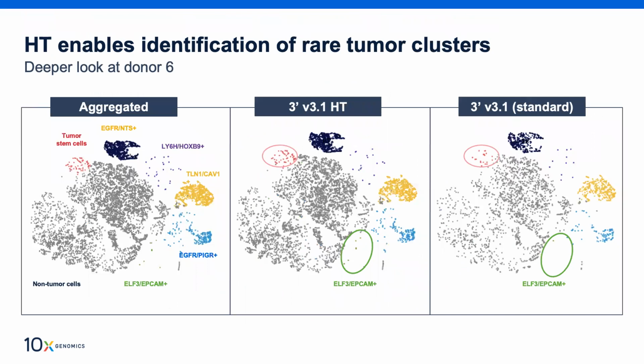Another study where we wanted to look at a tumor sample. So we ran a 3' high throughput chip. On the left-hand side is the aggregated data. So here's the high throughput and the standard data. And I wanted to maybe pinpoint 2 populations. The first is the tumor stem cell population. As you can see, we have a lot more cells representing that particular population. But if you also look at this population, which is the ELF3 MCAM positive population, we have about maybe 10 cells here, as opposed to probably maybe 1 or none in the standard, again. So scale allows us to identify some of these potentially cellular biomarkers that we would miss using the standard